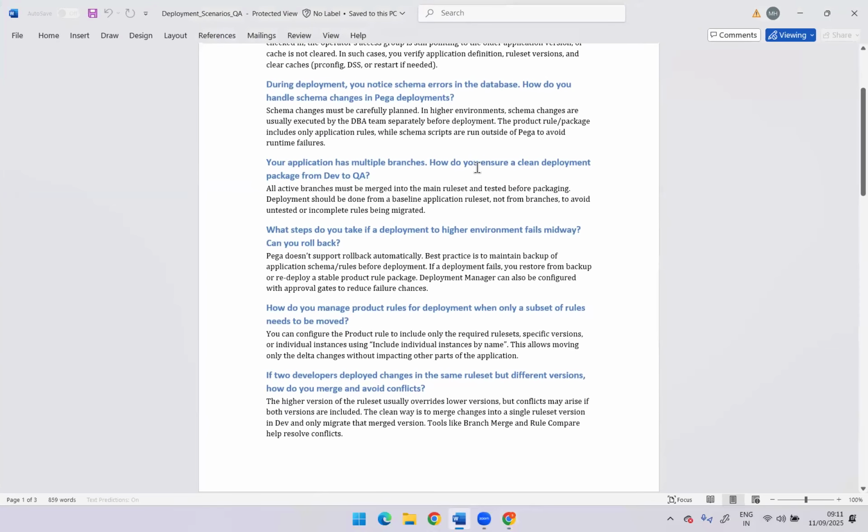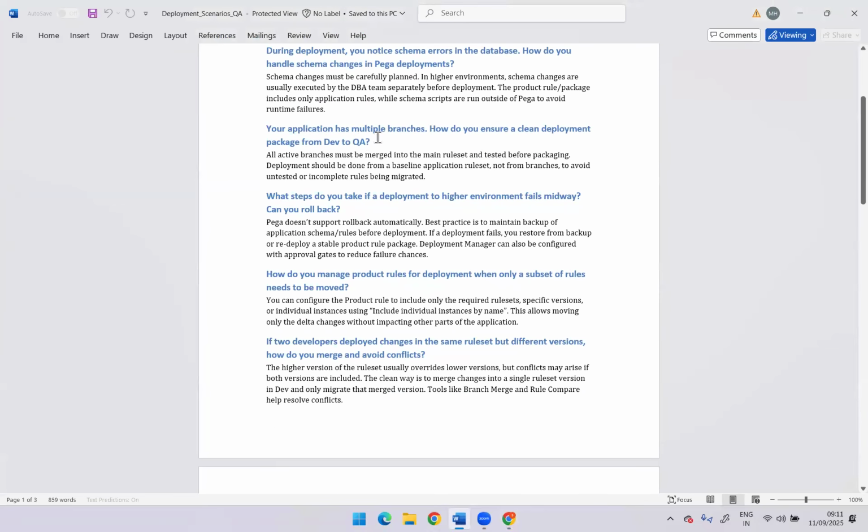Someone please read this question. Your application has multiple branches. How do you ensure a clean deployment package from dev to QA? So your application has multiple branches, when you have multiple branches,